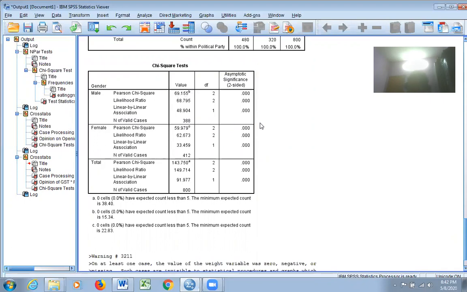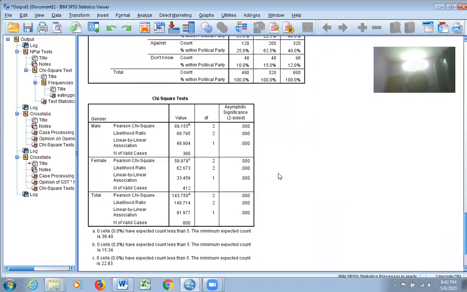It means that the null hypothesis is rejected and the alternative hypothesis is accepted. It means that there is an association between the political party and the opinion on GST when gender is taken into consideration, when male gender is taken into consideration, when female gender is taken into consideration. In both the cases, there is an association between these 2 variables.